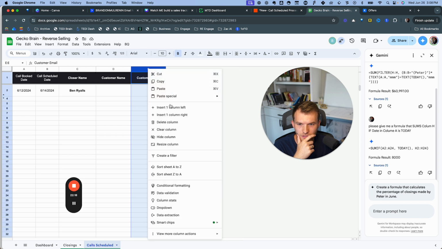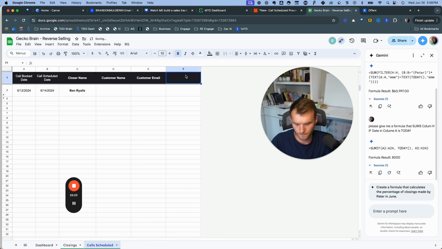It's going to be the event ID. I want to have the event ID because from there we can do some more advanced stuff, like check the event ID and then see if it's a first time booking or how many times they've booked. So you can do some more stuff. So that data is valuable to have. It's not 100% essential, but it's just nice to have. So I'm going to add that to this sheet, and then we're going to go over and put it onto